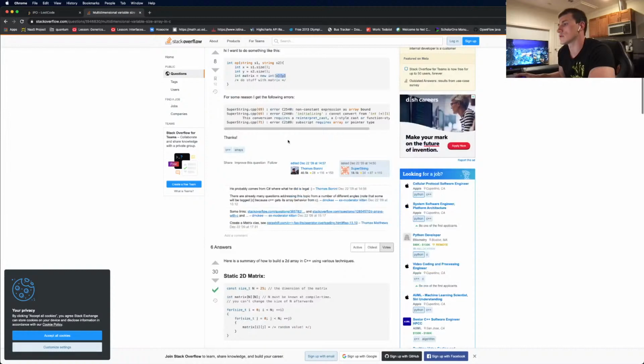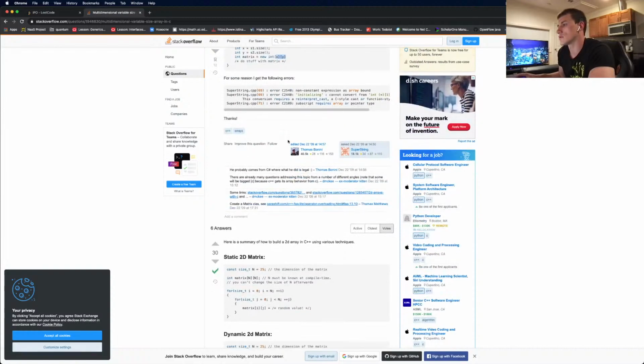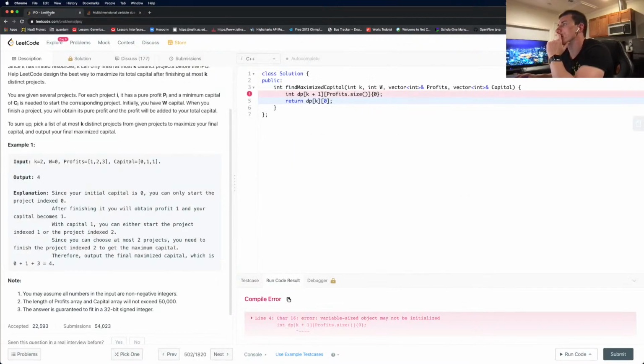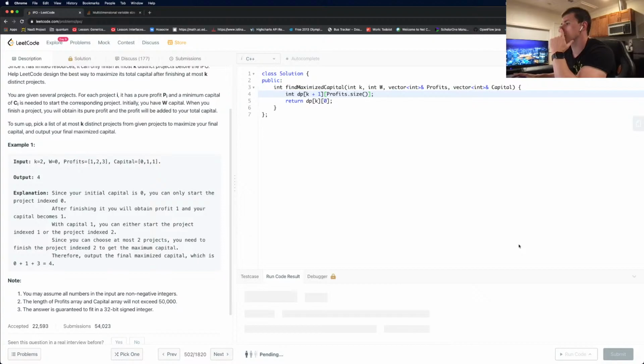That's what it says. At the compile time. Weird. Maybe it still doesn't like this one, and I guess default for int. I know it's random, but whatever.